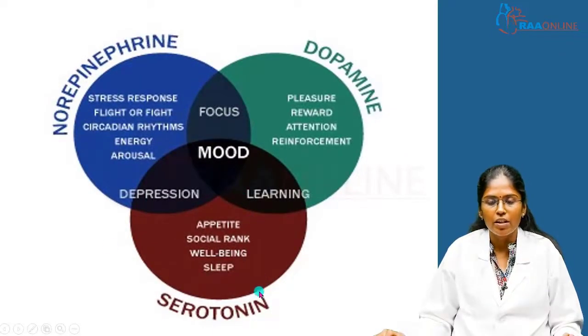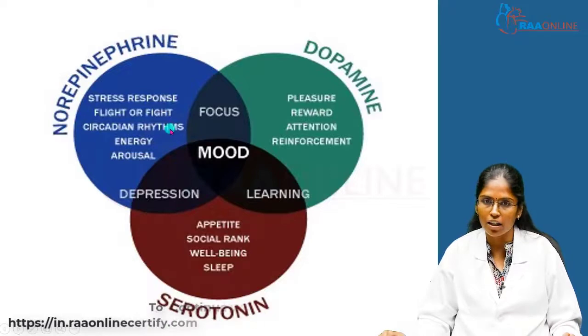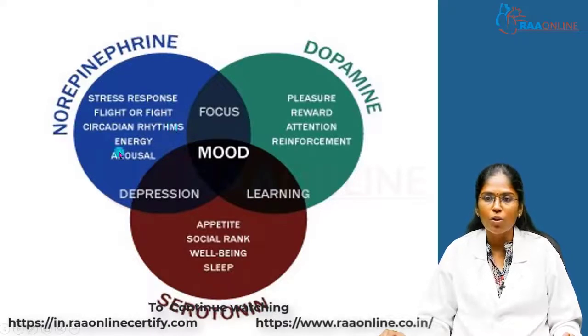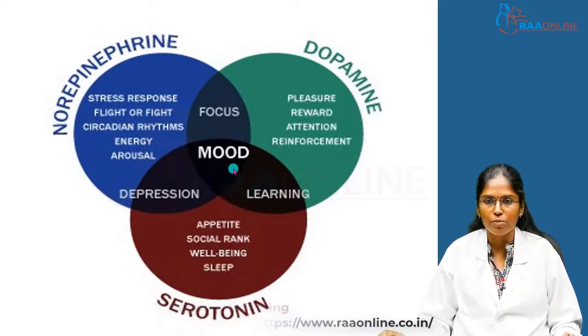Serotonin is responsible for normal appetite and sleep of an individual. Similarly, dopamine is responsible for the reward function, attention and reinforcement. And norepinephrine is responsible for the stress response in our body, and it is also essential to maintain the circadian rhythms. All these neurotransmitters play an important role in maintaining the mood of an individual. Any imbalance between these neurotransmitters leads to